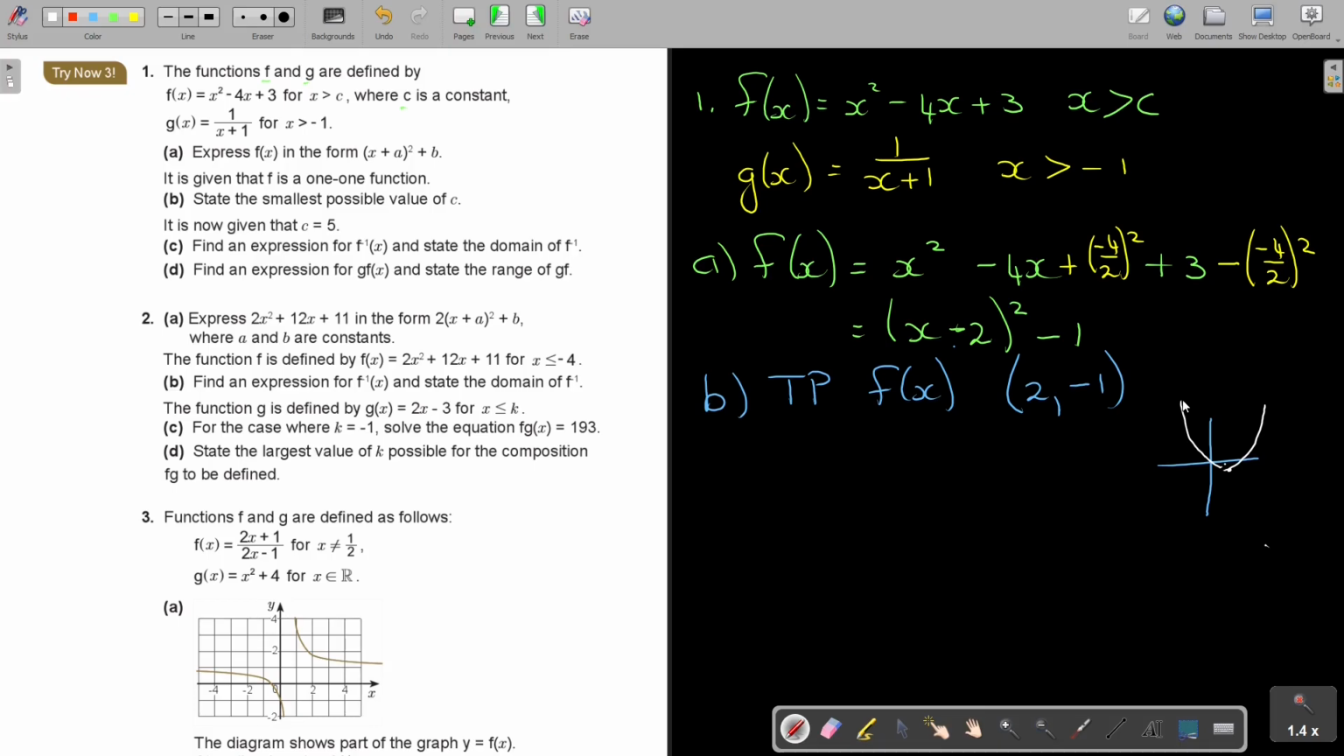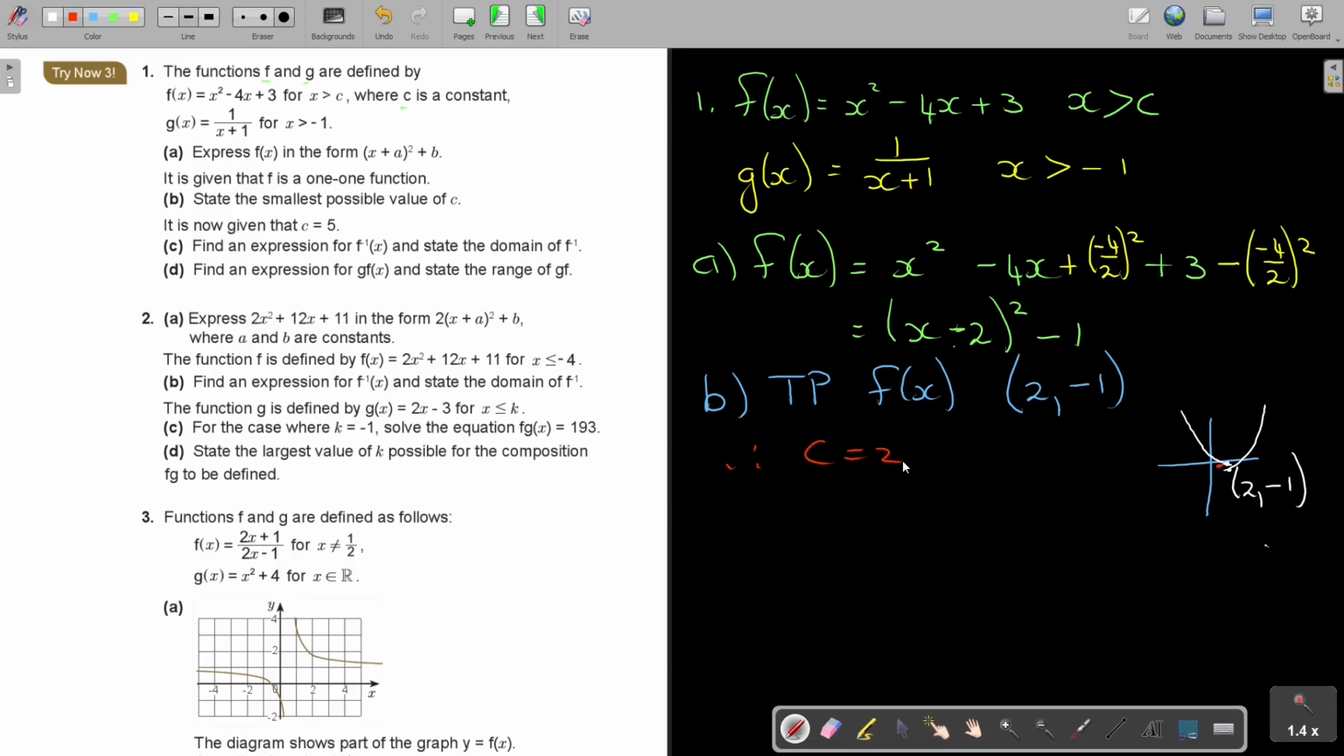Okay, and that should be at negative 3. But it doesn't matter. That's 2 and negative 1. So read the question again: the turning point is there. State the smallest possible value of C. So C must be bigger than 2. Can you see that? So the smallest possible value is, therefore, C is equal to